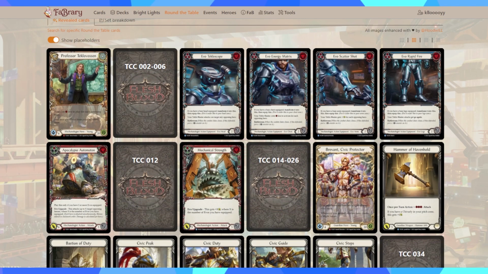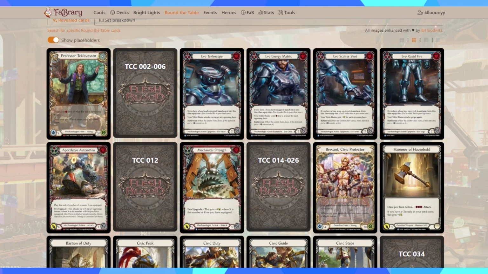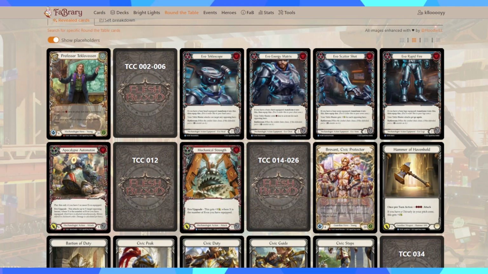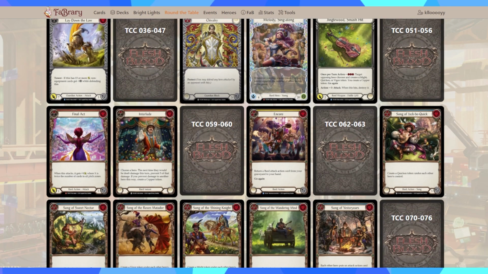So 02 to 06 for Professor Teklo. We know the Plasma Blaster goes in there, which has actually been spoiled, I think, on the Reddit. So it's interesting that they've included it. I guess there's no proper art yet. But we can see each hero and how many cards are left between them. The focus for me is on Melody,